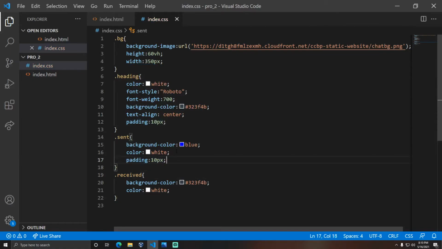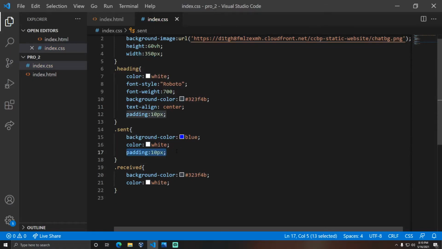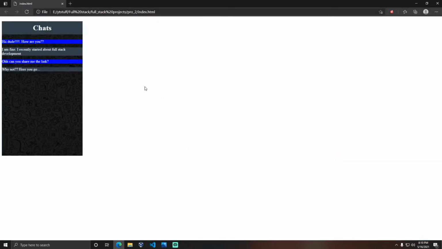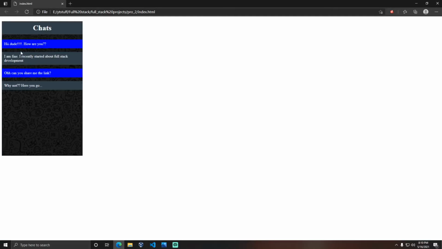Copy it and paste it. Paste in received also. See, you have achieved the spacing now.